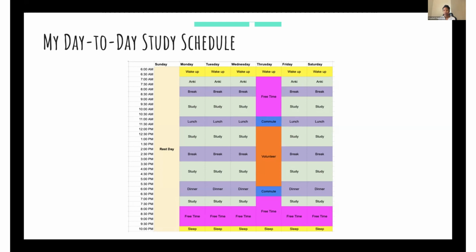And for my schedule, I was doing this mainly full time. So I wasn't taking classes, and I wasn't working. So this allowed me to have more flexibility within my schedule. But if you are working, or if you're taking classes, go ahead and put that in your schedule as well. So for example, if you're taking classes, or if you're working in a lab, go ahead and put those blocks in there.